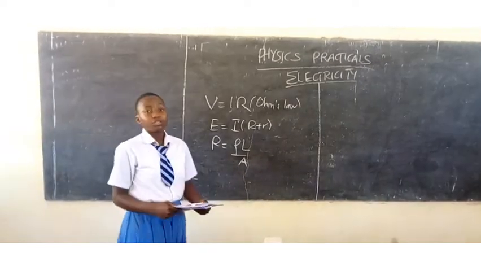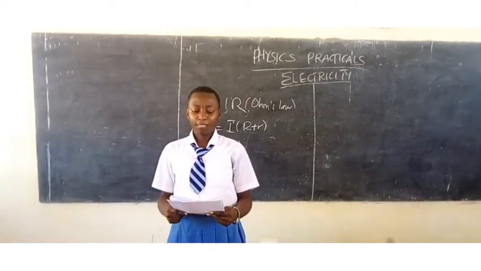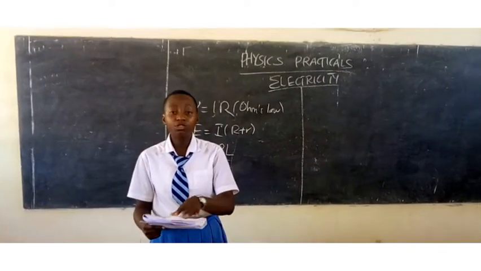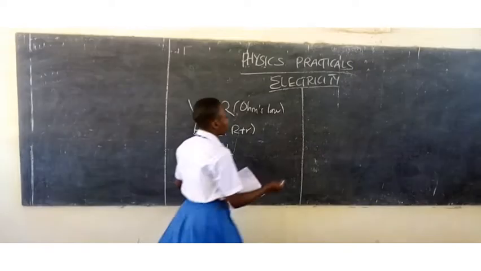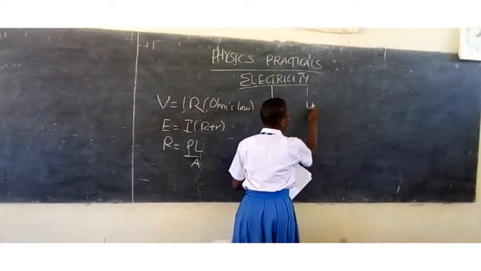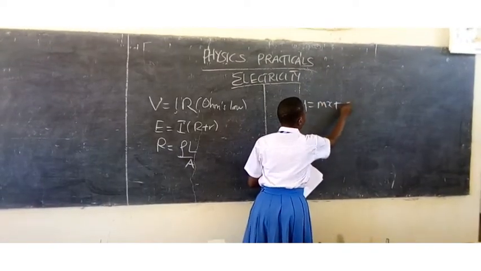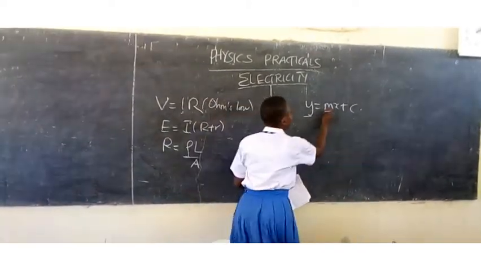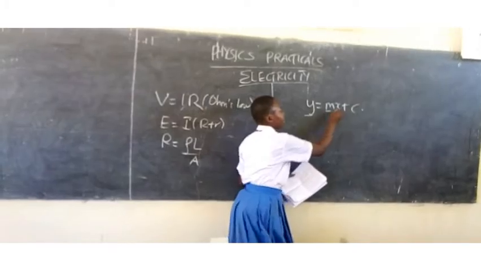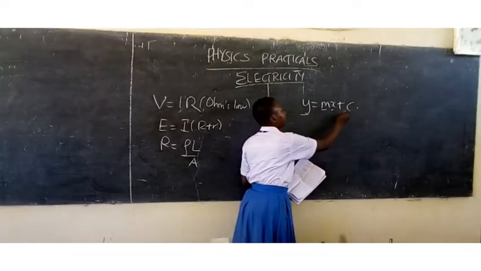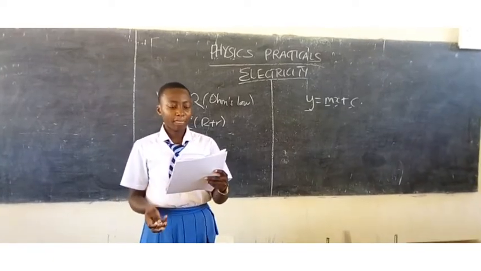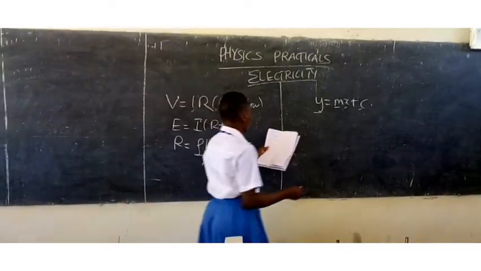In doing our practicals, we have different natures of graph. Generally, electricity graphs are based on linear equations. That is, the form of a linear equation is y equals mx plus c. This y is the parameter on the vertical axis. This m is the slope. This x is the parameter on the horizontal axis. And this c is the intercept on the y-axis. Various graphs include